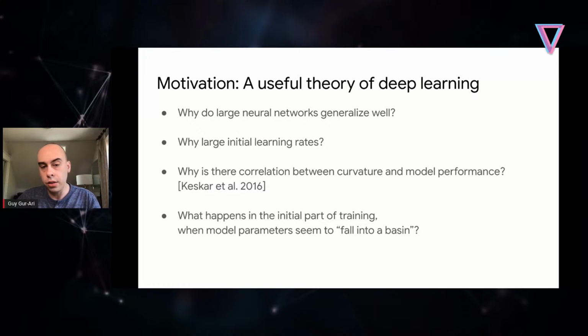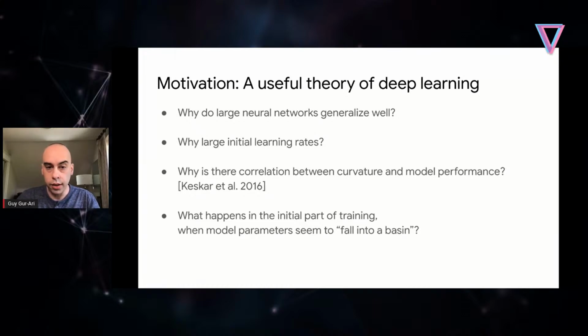It's essentially the question of, let's say we take a network that's large enough to memorize all the training data that it sees. So with enough training, it gets zero error on the training data. We then go and show it some unseen data, and we find that the performance in many cases is very good. And so the model does not just overfit to the training data, it actually learns something, even though it has the capacity to overfit. And the question is, why is that the case? Why does the network not just memorize the training data? So that's one high-level question.